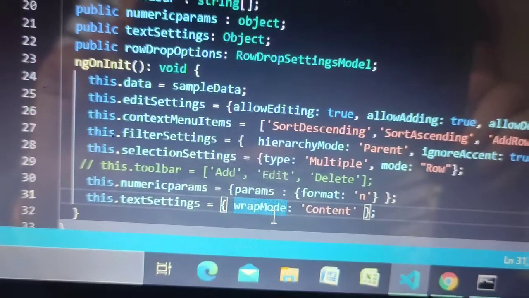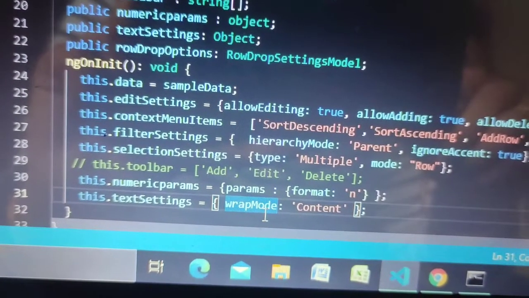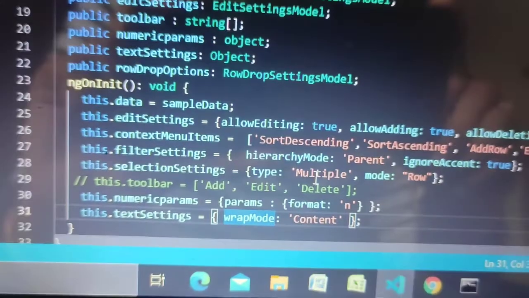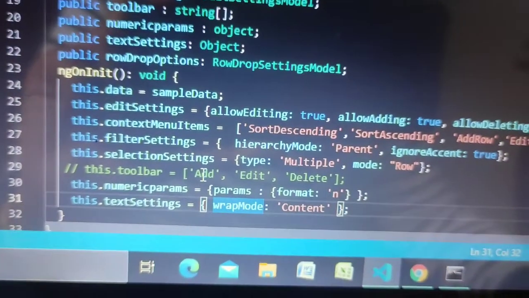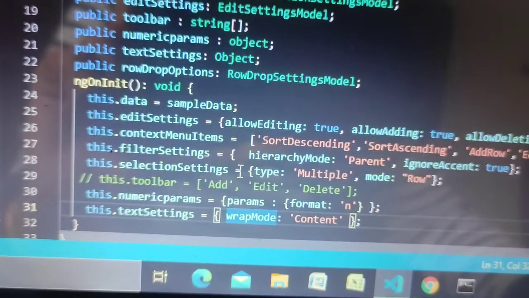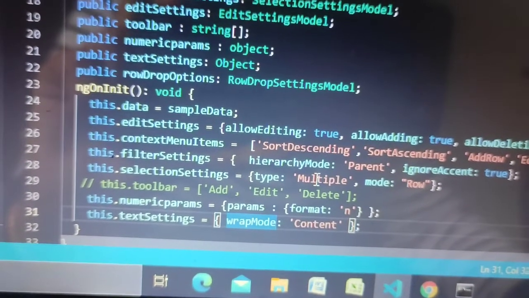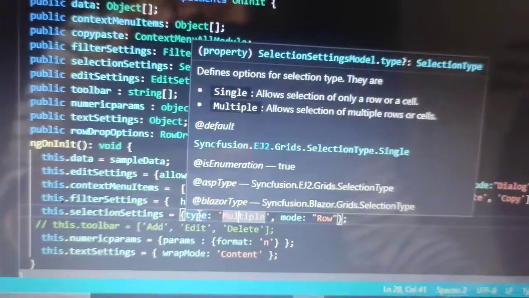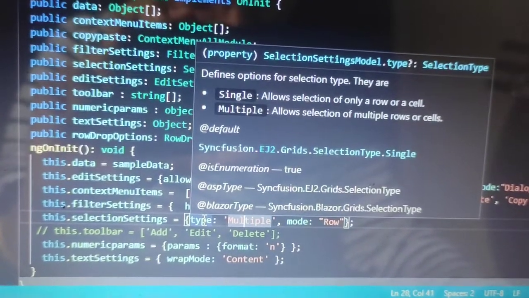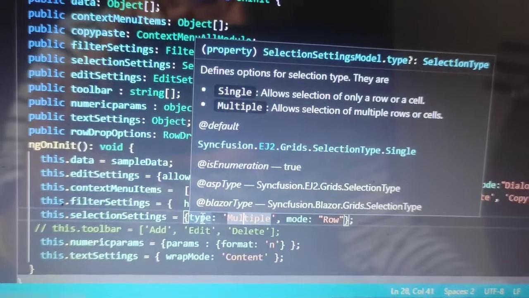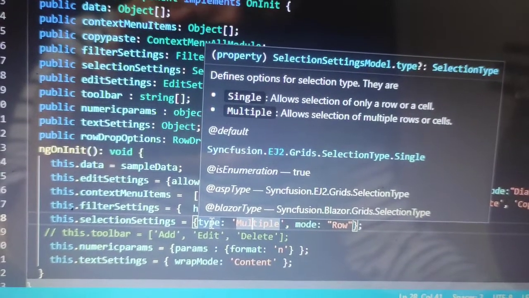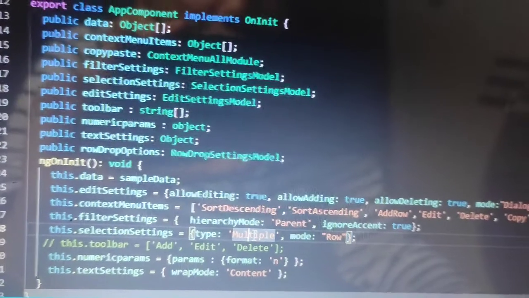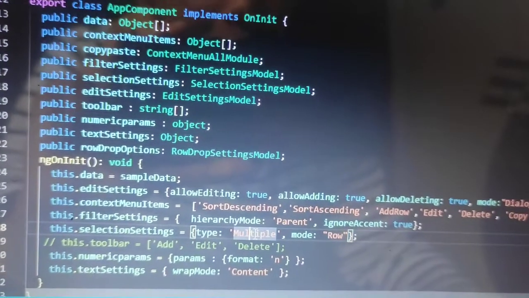In the text settings, we have given the wrap mode to the content. In the selection settings, we have given the type as multiple. There are two types in this, single or multiple, but as per the requirement we have given multiple type.